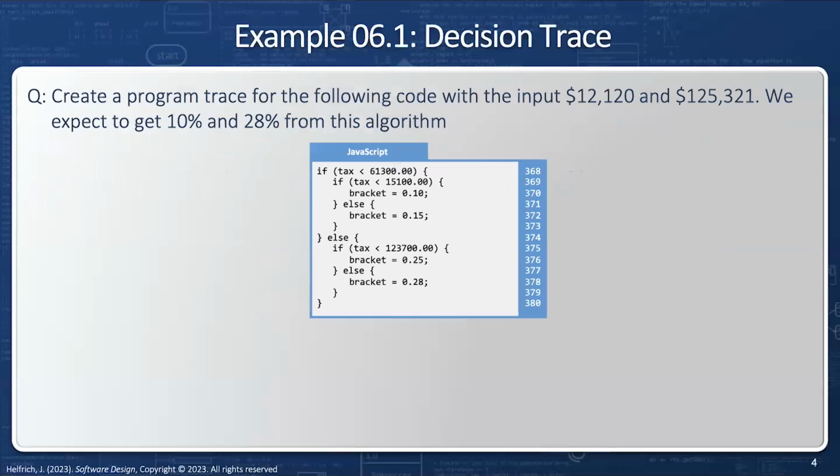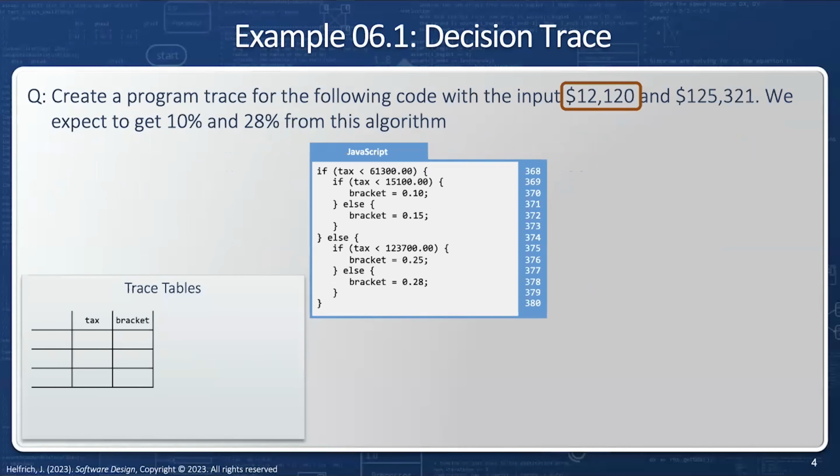I want to create a program trace for the following code with the input of 12,000 and 125,000. And this will determine what my tax burden is. And I should get 10% and 28%. So my first test case is going to be 12,000. So I create my trace table here. So I have two variables, my tax and my bracket. Now, initially at line number 368, my tax is going to be 12,000 and my bracket is not yet defined. Now, since 12,000 is less than 61,000, I'm going to proceed to line